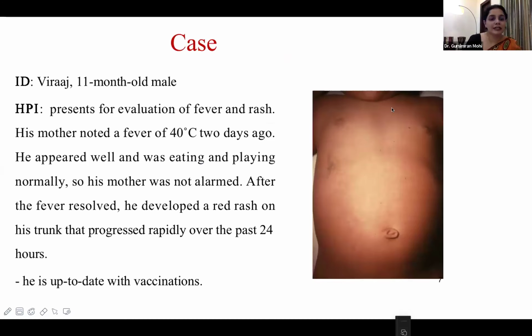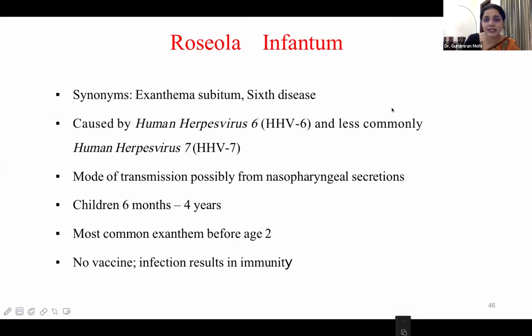So next case we are discussing here is Viraj, an 11-month-old male, who presents with fever and rash. His mother noted a high-grade fever. He appeared well, was eating well, and after that the fever resolved, and eventually the patient developed a red rash. So here, the patient has high-grade fever, then the fever subsides, and then the patient has a rash. This is a typical history of roseola infantum,